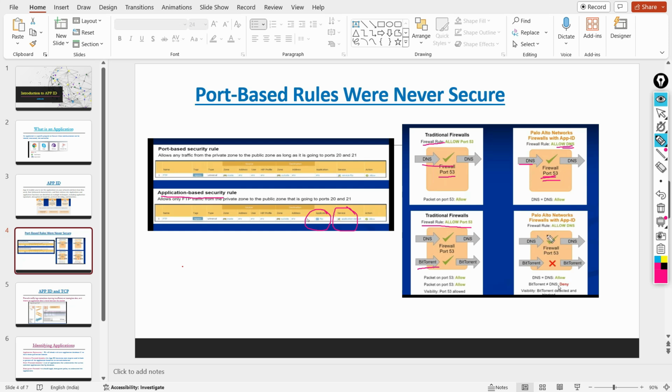But in the case of Palo Alto, if DNS is coming, it will be allowed. But if BitTorrent is trying to communicate using port number 53, it will be denied, because the firewall has visibility to check the applications before letting any traffic through.